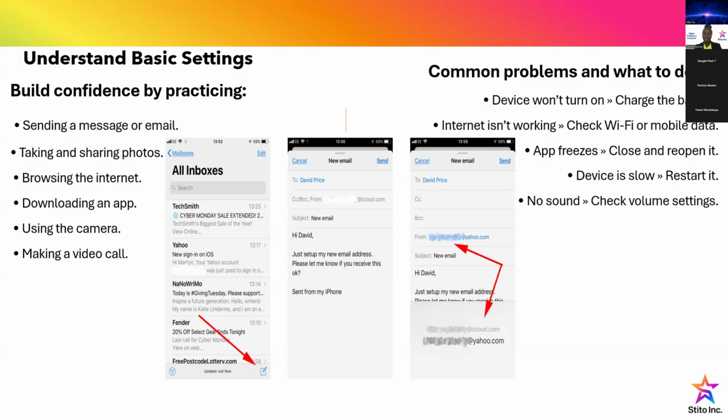When your app freezes, I'm opening my banking app and it's just freezing. It's just looking at me like that. It's not working. Close the application and then try to reopen it. And let's see, maybe a miracle could happen at the end of that freezing. If your device is too slow, you can restart it and let's see how it's going to perform afterwards. If there's no sound and you're sure the audio is there, it's not as if it is from the production crew. If there's no sound, check your volume settings to see if it is actually on or not.